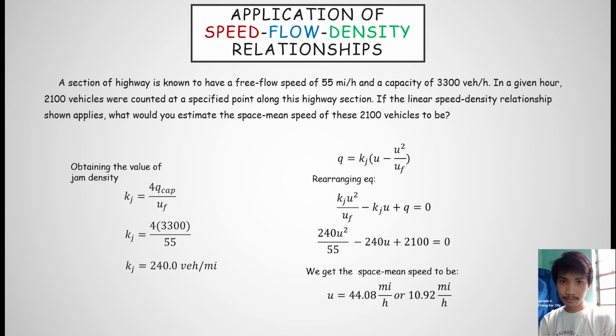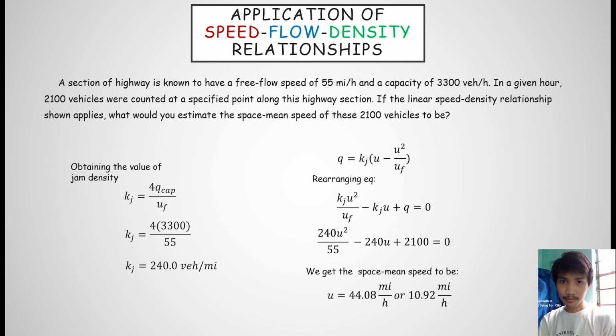The second problem: a section of highway is known to have a free flow speed of 55 miles per hour and a capacity of 3,300 vehicles per hour. In a given hour, 2,100 vehicles were counted at a specified point along this highway section. If the linear speed density relationship shown applies, what would you estimate the space mean speed of these 2,100 vehicles to be? First, obtaining the jam density using a flow density model